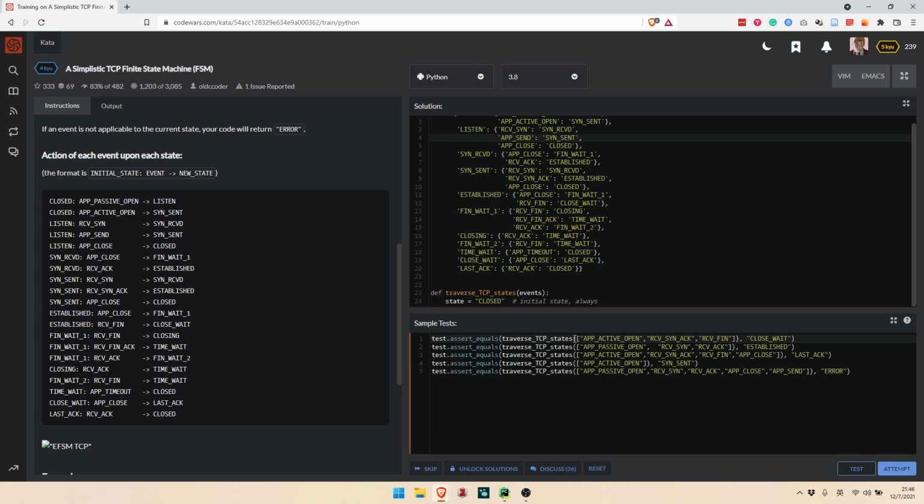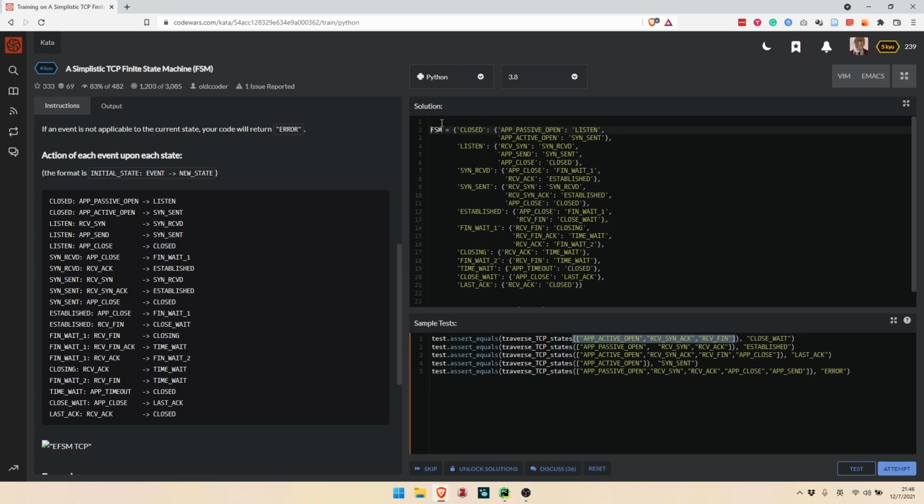As you can see from the examples here, we will receive a list of events and finally return a final state after all the events. You may still remember there's a function called reduce in Python, so we can do it like this. functools.